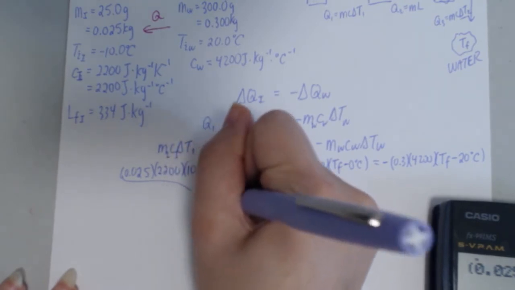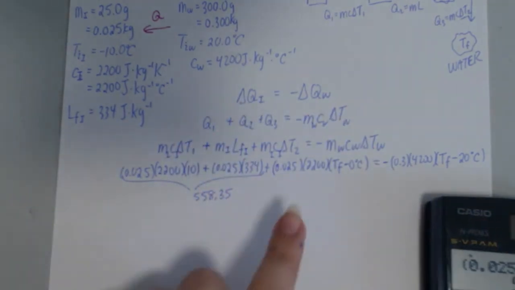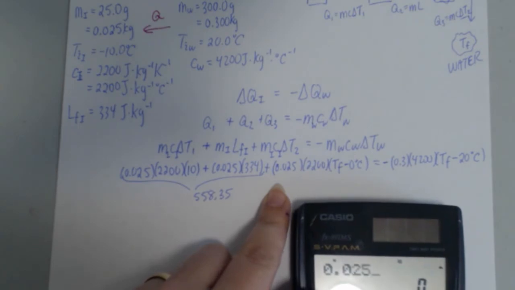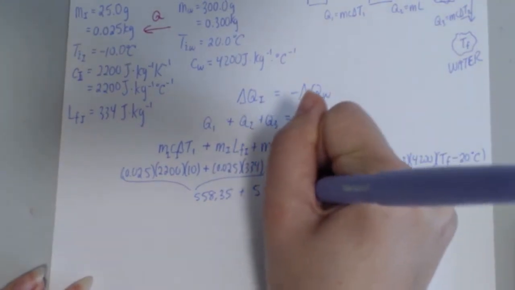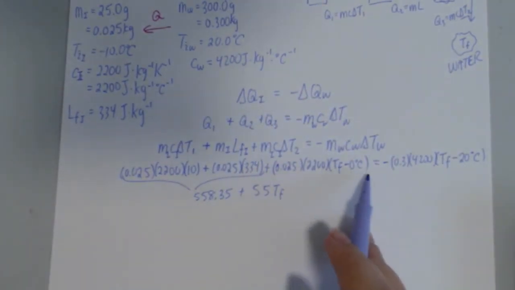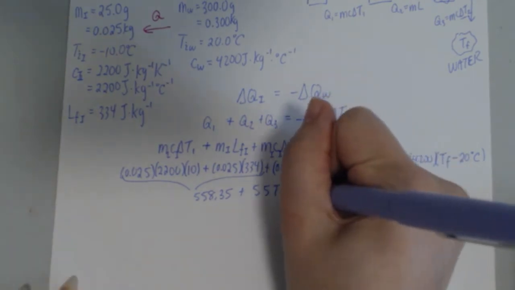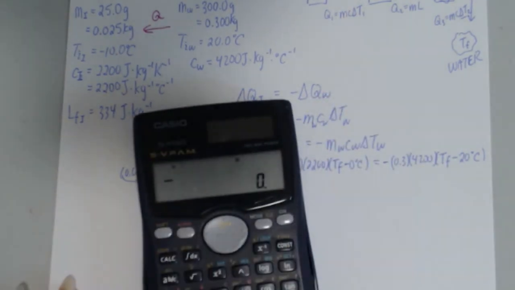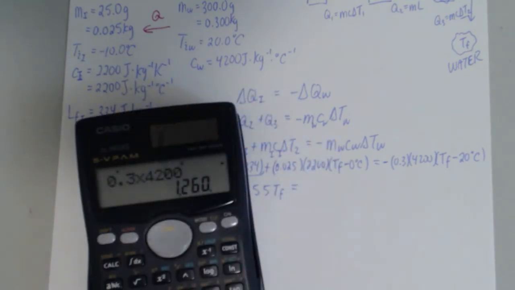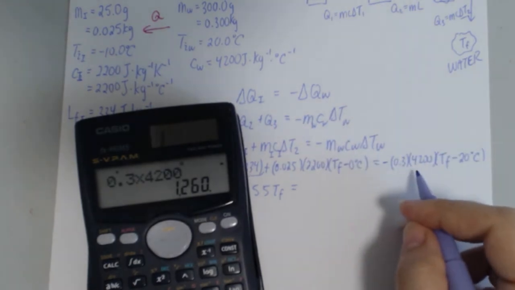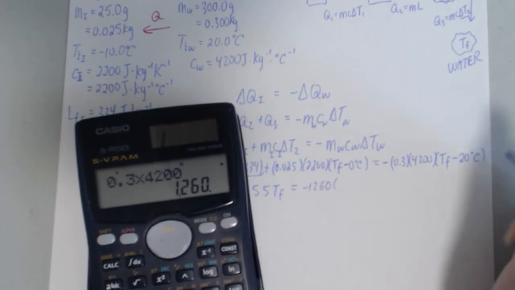So these two put together make 558.35. Okay, now let's do this next part here. 0.025 times 2200, that's 55. So plus 55 T sub F, and then it would be minus 0 times this, which is 0, equals 0.3 times 4200. Be very careful with that negative sign. If you forget that minus sign, your whole answer is going to change. Okay, so we have minus 1260, and then